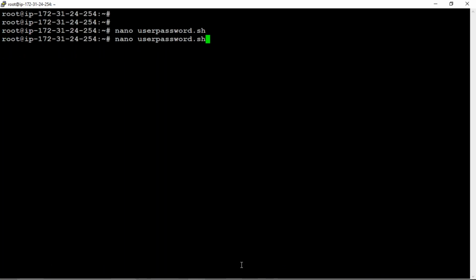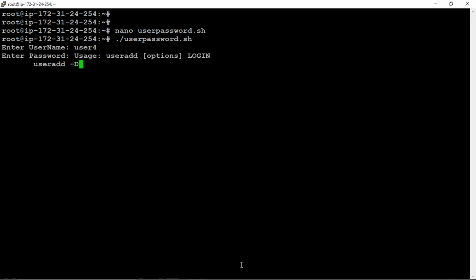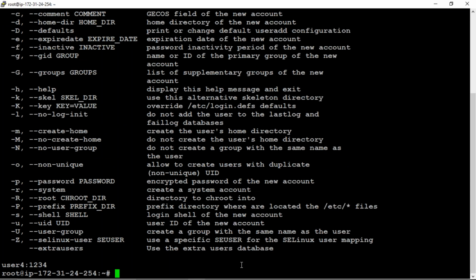Now try to execute. Username: this time I am giving user4. Password 1 2 3 4. See, so maybe it is created now. User4, 1 2 3 4. So that code will work. I don't know why I got that error, so I will look into that.